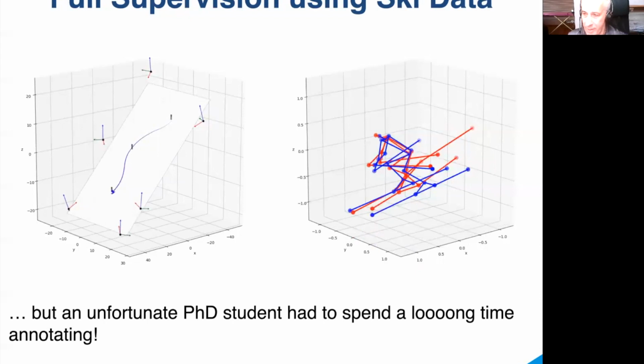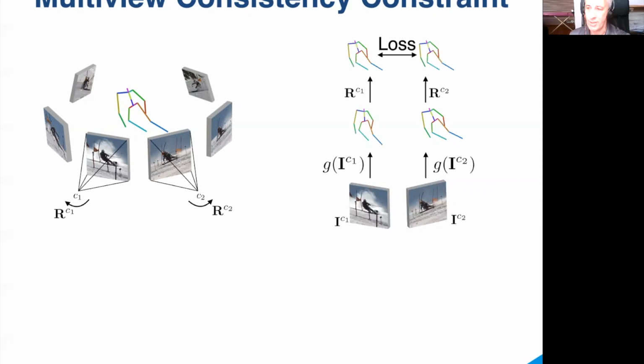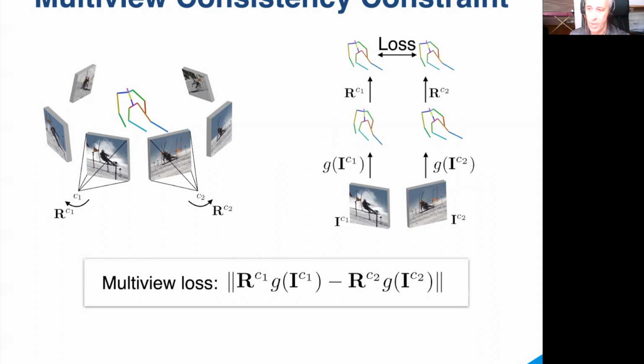We have therefore been looking into weakly supervised approaches that make it possible to obtain these kinds of results with very few annotations. Because we have been working for a long time with multi-view stereo, we started by looking into using multiple calibrated and synchronized cameras. We use the annotated views in the usual way and the unannotated ones to write a multi-view continuity loss. The poses predicted from the two images acquired at the same time should be the same up to a rigid transformation.